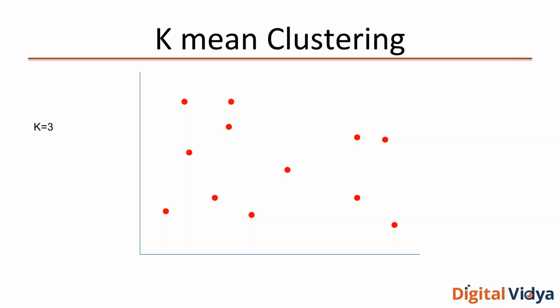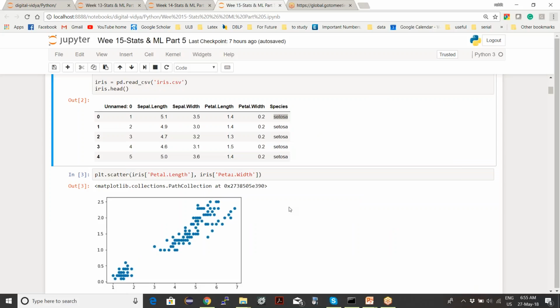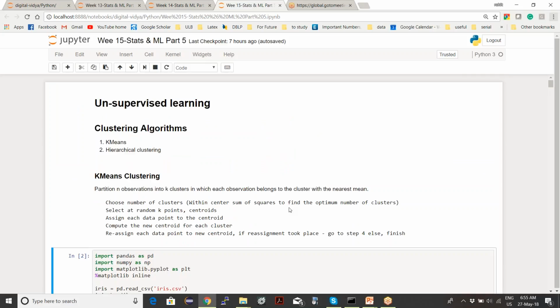So how k-means clustering will work is, if k is 3, you will start with 3 randomly chosen positions. Suppose we chose these 3 random positions as the centers of the 3 groups. They are called centroids or cluster centers.